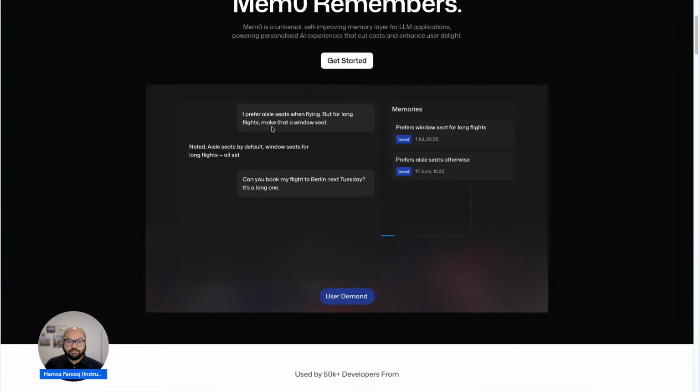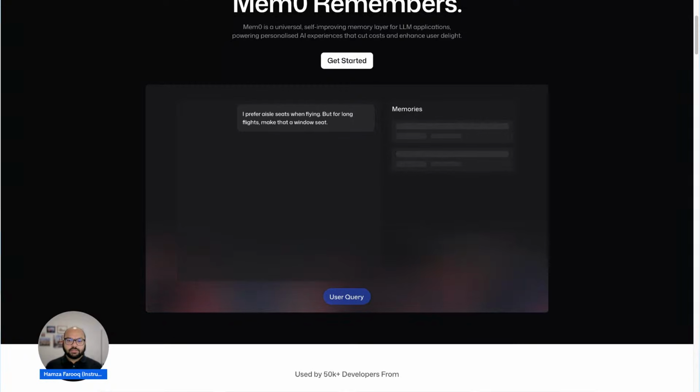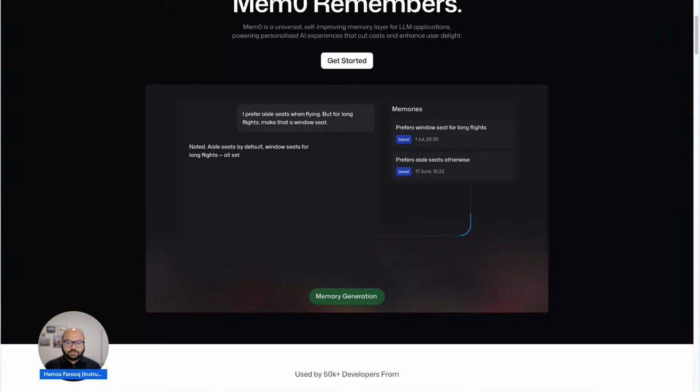So when you say, I prefer aisle seats when flying, but for long flights, make it a window seat. And when you say, can you book my flight to Berlin? It's a long flight. It will remember the fact that, hey, for long flights, you prefer a window seat. So it will book your flight, which is relevant to your request.